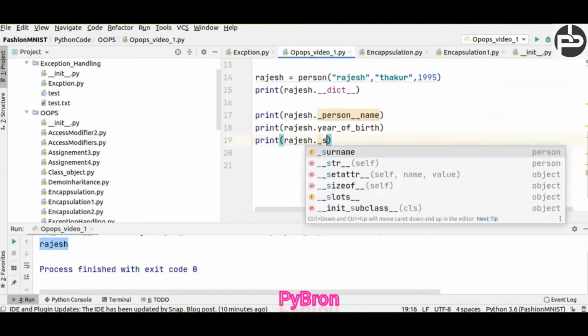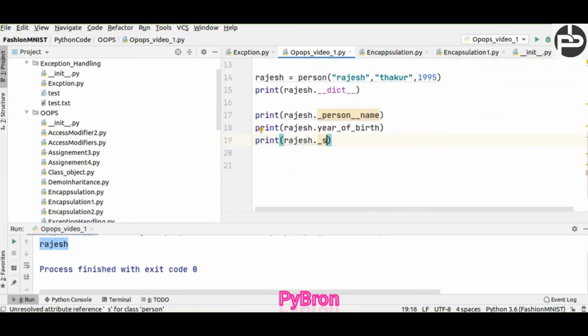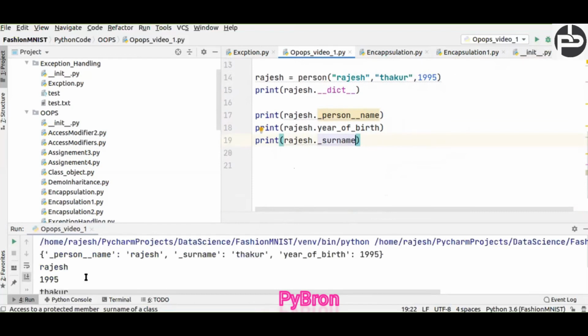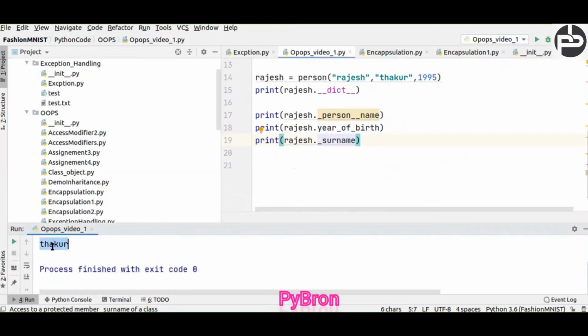Okay, so if we call the surname, it will return the surname. Here, can you see, this is the name, this is the year of birth, and this is the surname. I got it, means understood. Here we are accessing the private data.